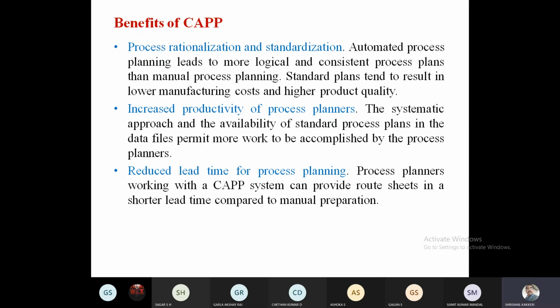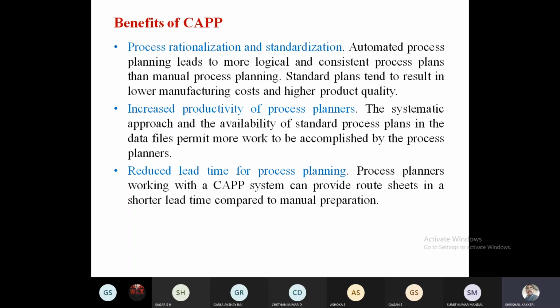The assigned work will be done by the computer itself with a lesser amount of input data. Even though we have all the detailed process plans from the computer, a process planner has to be there to dry test it. A dry test or acid test checks whether the process plan prepared by the computer or automated system is correct or not. Definitely the productivity of the process planner will be increased. He will spend less work here, and so many process sheets he can inspect.